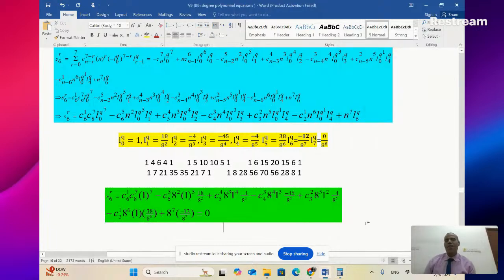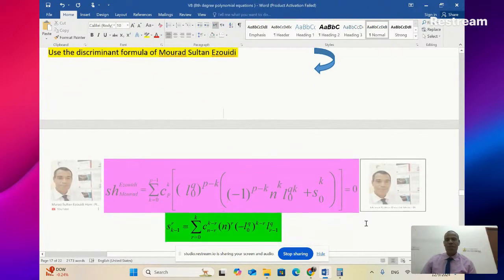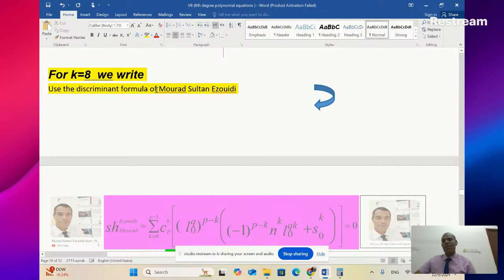I want to find S7, the last one. To find S7, learners, you should put K equal 8 in the discriminant formula of Murad Sultan Zwidi, the Tunisian pioneer in methods, the researcher in mathematics. Thanks to him, we can now at least have a general formula called a discriminant formula that can help you not only to solve problems of power n, but also to see the behavior of the nth degree polynomial equation with its own nth degree linear equation,